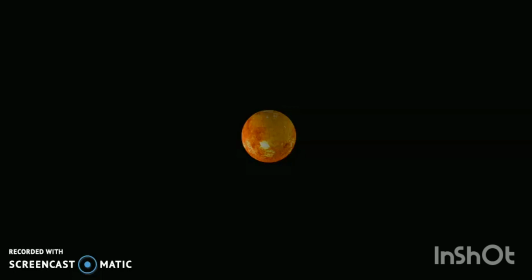Sun, today's discussion is Sun. The Sun is the star at the center of the solar system. It is a massive hot ball of plasma, inflated and heated by energy produced by nuclear fusion reactions at its core. Part of the internal energy is emitted from its surface as